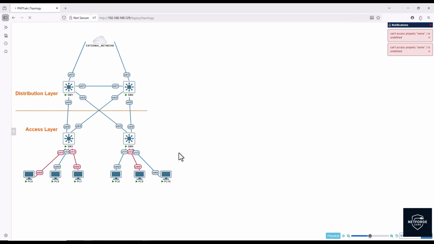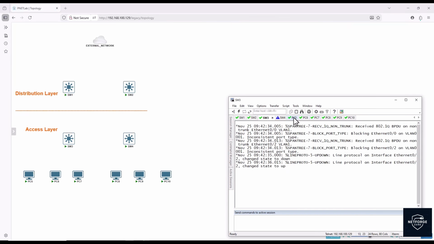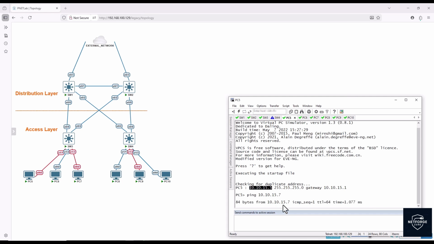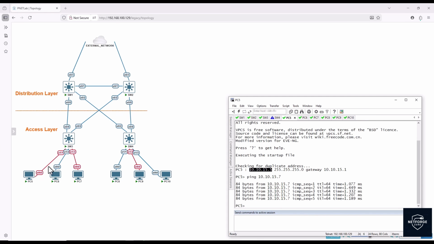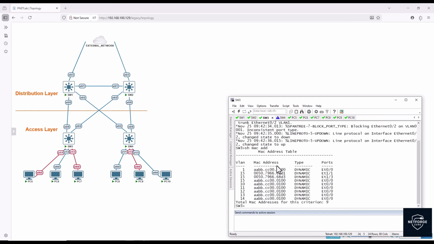So let me just go to PC 5, and I'm just going to say IP address. It is IP 10.10.15.5. So this is connected to VLAN 15. Now if I just say ping 10.10.15.7 and hit enter, this is going to have some responses, which means that now switch 3 understands where PC5 is. If I just go to switch 3, for example, and say show MAC address table and hit enter,